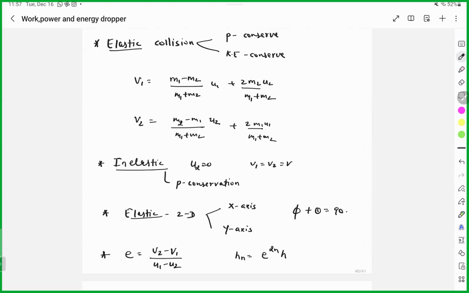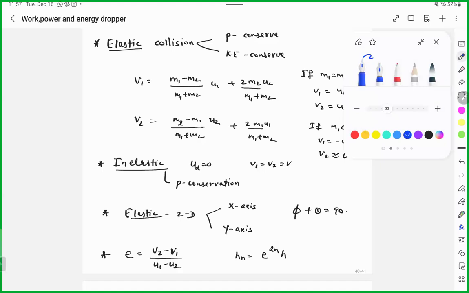Even, you can write the case: if M1 is equal to M2, what happens? V1 will be equal to U2 and V2 will be equal to U1. And if M1 is much greater than M2, then what will happen? The first velocity will be unchanged and the second velocity will be approximately twice that. Tell me,